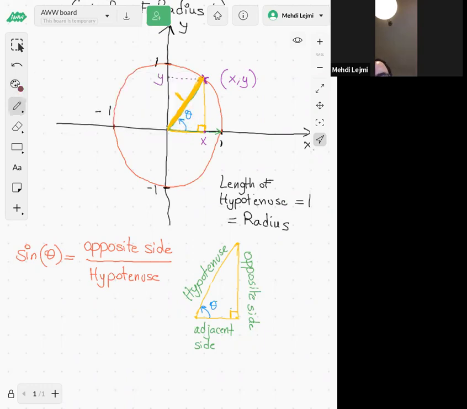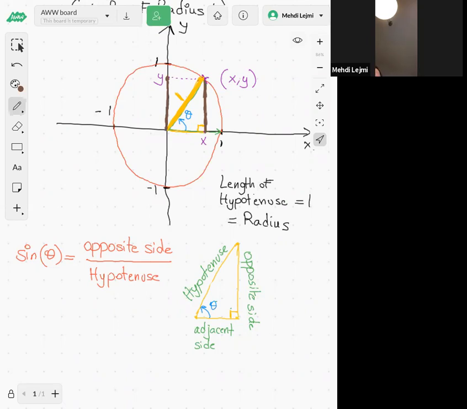Let me pick a different color. So you see, this is my opposite side, right? That's the opposite side to the angle theta. What's the length of this opposite side? Well, you can see, guys, this is exactly the same thing as this segment here. Both are the same thing. The length is the same, they have the same length. And the length of this segment is just given by y,